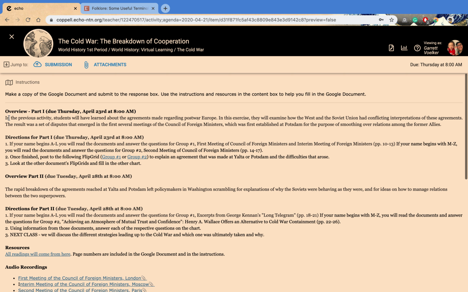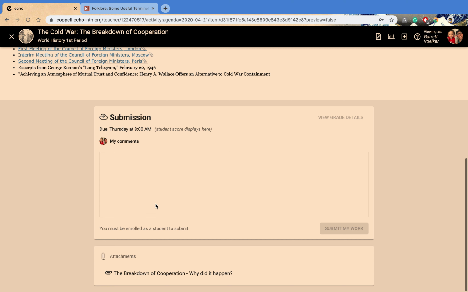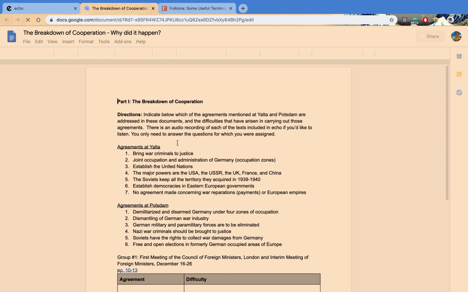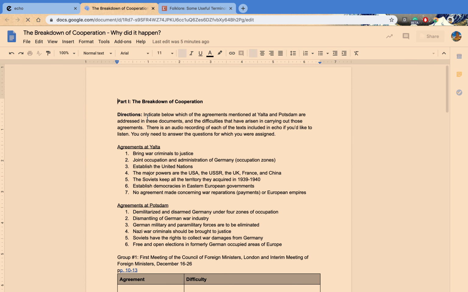So a couple of things. Just like last time, you have to pay close attention to the instructions more than anything else. First thing you want to do is make a copy of the Google document and submit it to the response box. So you'll come down here, click on this, make a copy of it, and submit it. Just do that immediately. Get it out of the way. Then you're going to be reading a particular source, depending on your last name.